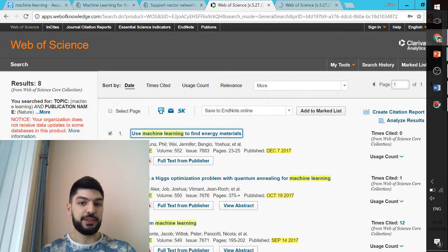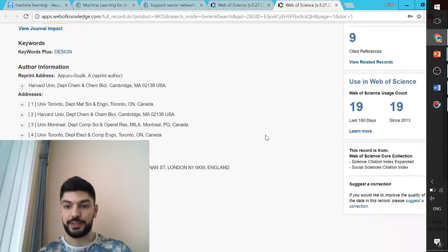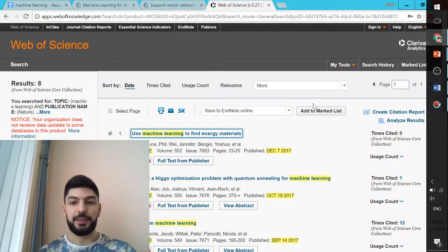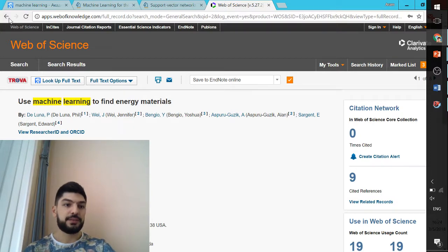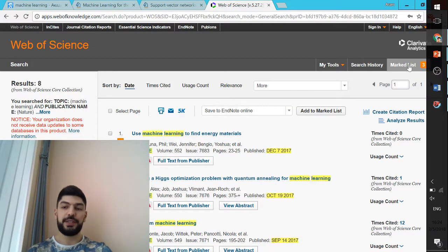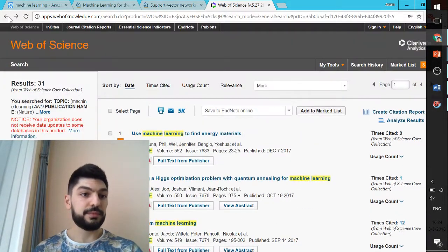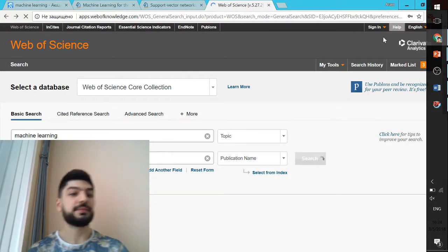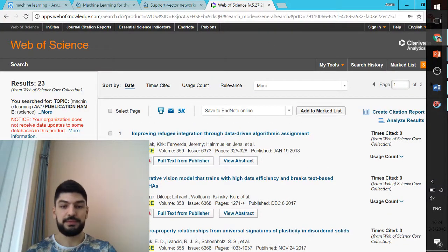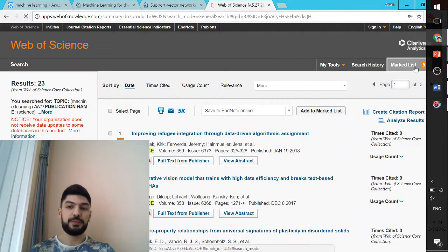So first, if I open just one, somewhere I can download EndNote. Okay, I will show it later. But for the moment, let's add to marked list. Did it work? Okay, I have 3 papers in my list. And then let's search something in Science. Okay, there are some papers in Science. I also add them to the list. And then I open my marked list,